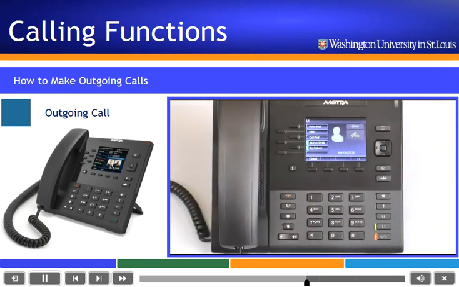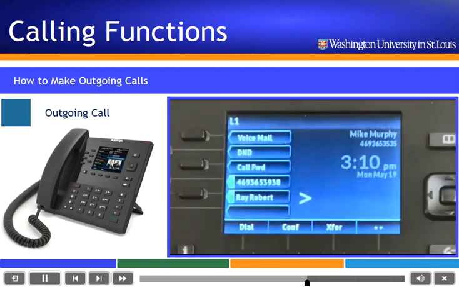As I press line 1, notice the top left corner. This will display the line number that is being used. In this case, L1 is displayed for line 1. Depending on your telephone system, your name and number that is associated with line 1 may also be displayed. If I press the line 2 key, L2 is displayed, and again the name and number associated with line 2